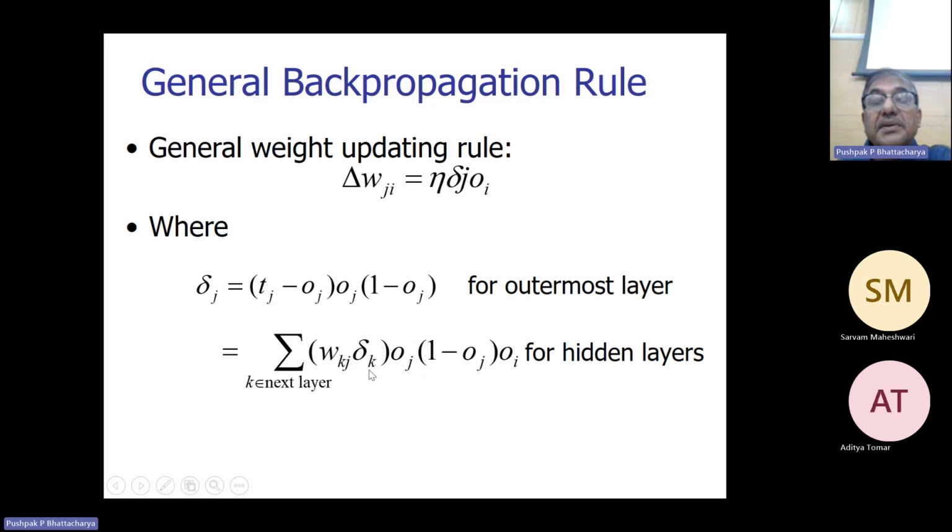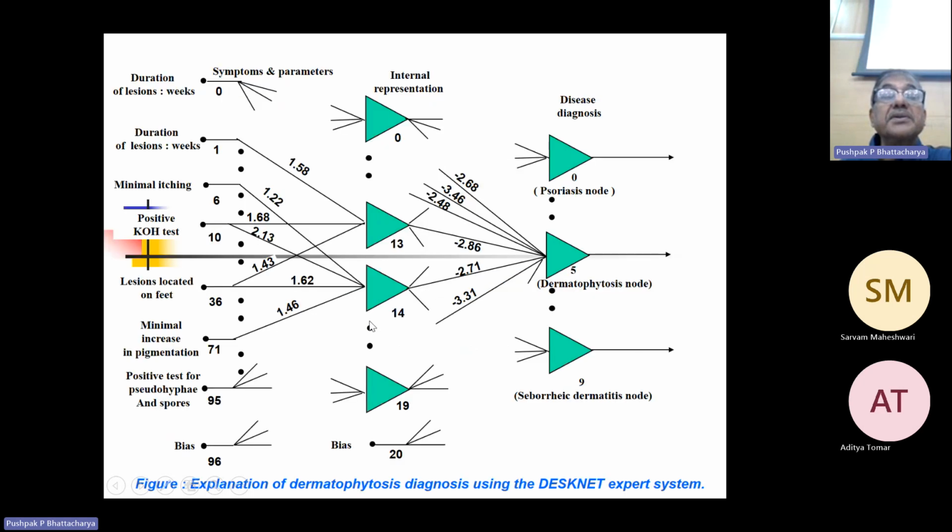And for hidden layer neurons, it is the backpropagated delta, weighted by the backward weights, into the derivative of the neuron, which we'll spend more time on. We'll derive this expression also rigorously. So this is the backpropagation rule, and we took up an application for skin disease prediction by a neural network,